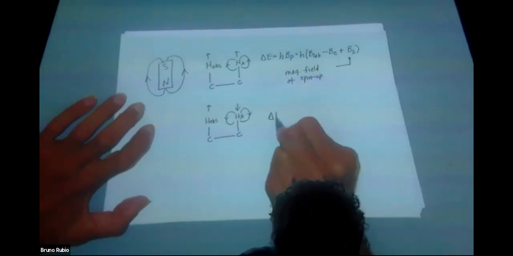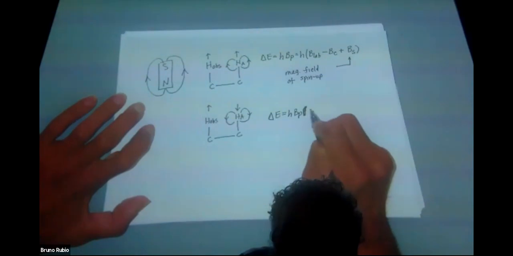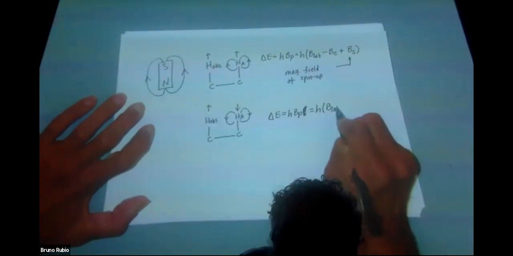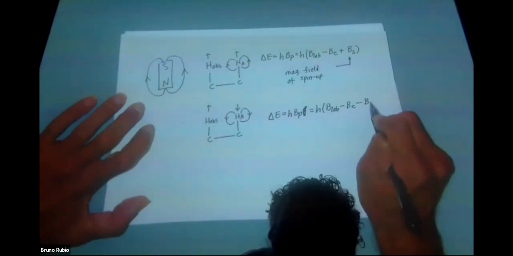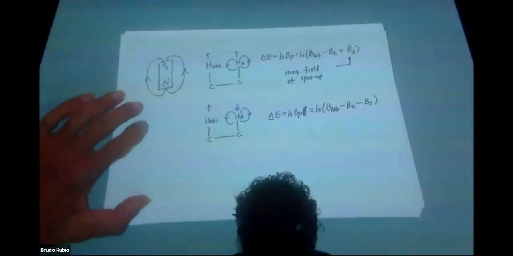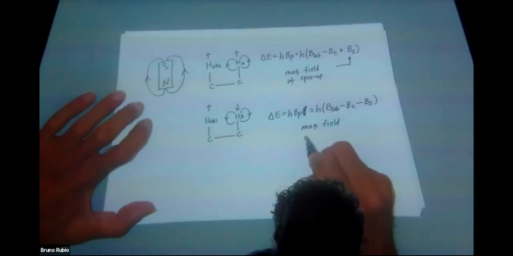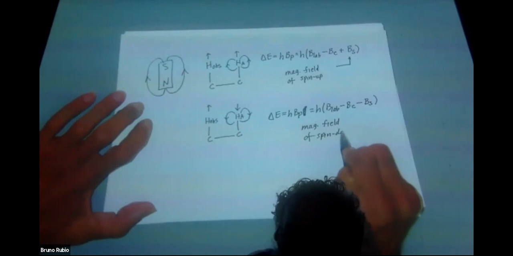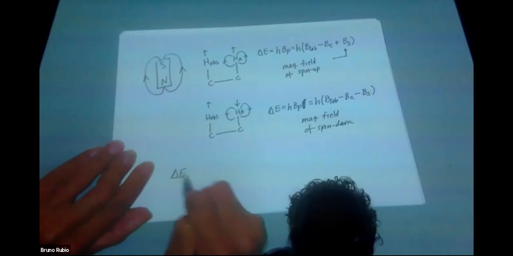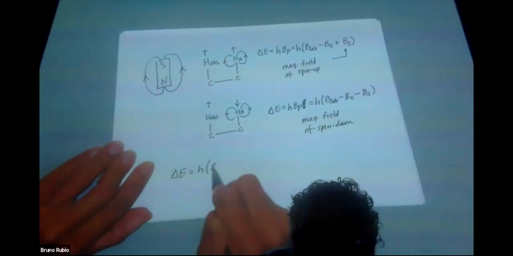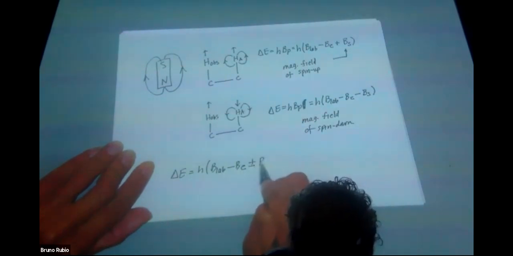In this situation, delta E is going to equal all of the very same thing, B lab minus BE, but now the magnetic field is being detracted from by the neighboring proton, which is spin down. So collecting these equations, we see that delta E is equal to h times (B lab minus BE